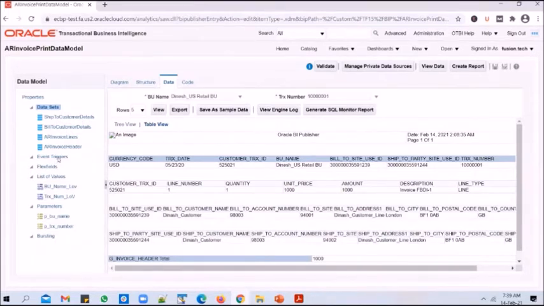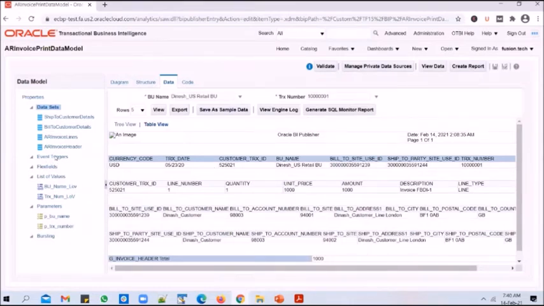In eBusiness Suite, what we usually do, if it is a complex report, is write all the logic into a PLSQL package and invoke that package in a before report trigger. So that package gets executed before the report is executed, and all the complex logic is executed from that package. Usually at the end of all the processing, you would populate data into a table and keep the report logic simple. You will just do a select star from the table and display the report output.